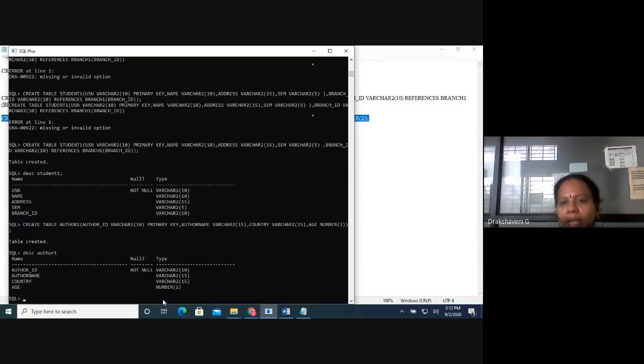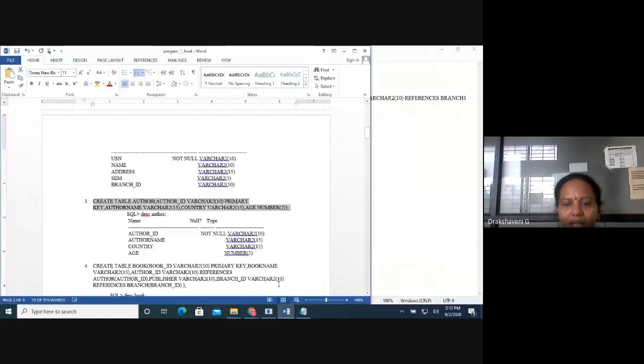Here the age, because we give it as an integer, you can give float or integer, that is okay. But here we have given it as a number, and the size of the age column we have given as 2. The rest of the other columns we have given as varchar, that is variable. The size for author ID is 10, author name 50, country 50. If you enter an author name beyond the size, it will give you an error. We'll see that.